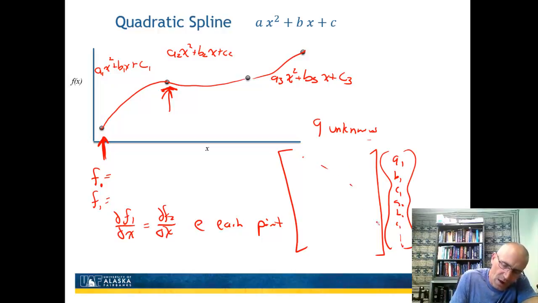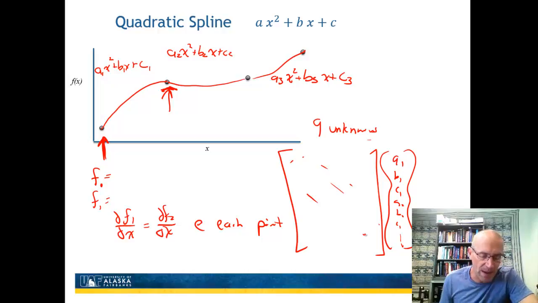And then I'm going to have all of these values in here. This turns out to be a banded matrix to go ahead and solve for what those values are. And I solve for all of them at once. So now we're going to use, again, LU decomposition or the Gauss-Seidel method to solve for what all of my values of A are. This works